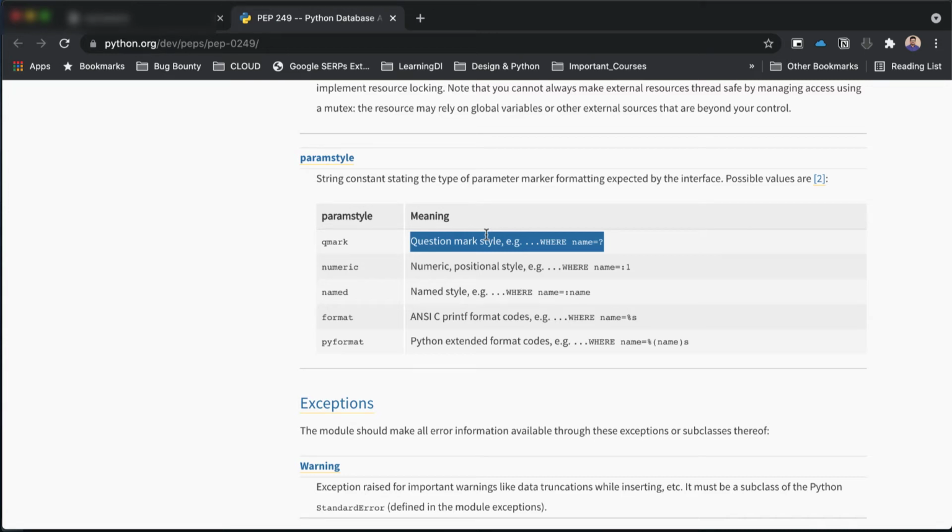Today we will be discussing using named placeholders with PyODBC for easy readability of our SQL queries. By default, PyODBC only comes with support for question mark style placeholders, which means QMark style. First of all, we will learn how question mark style placeholders look, and then we will see how we can use named placeholders in PyODBC. Let's see an example.